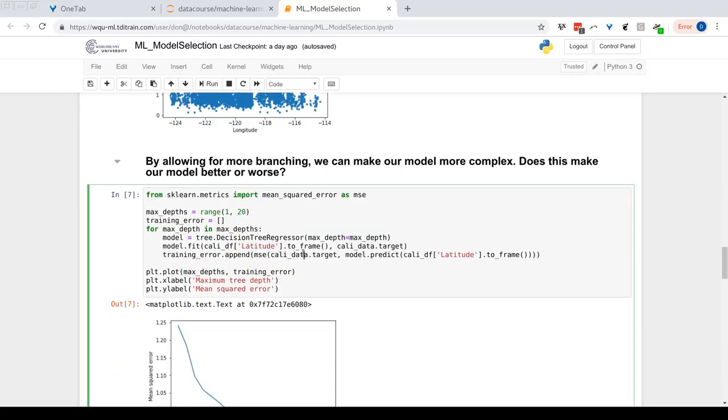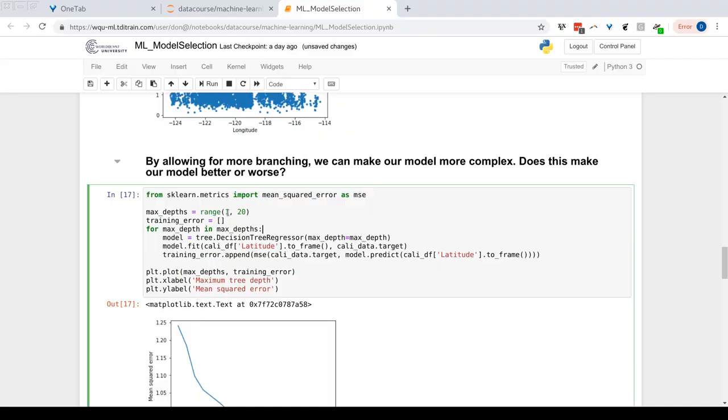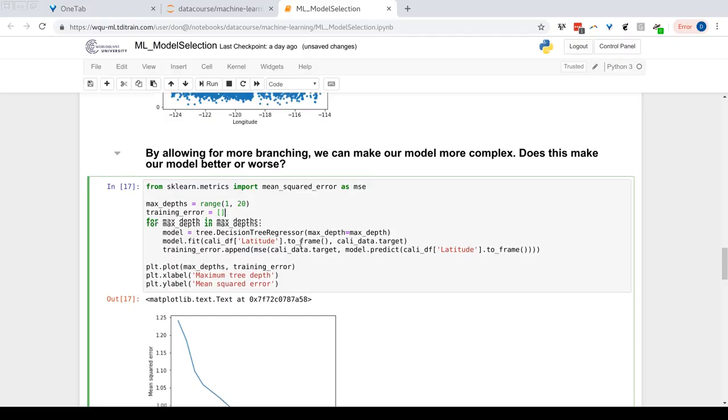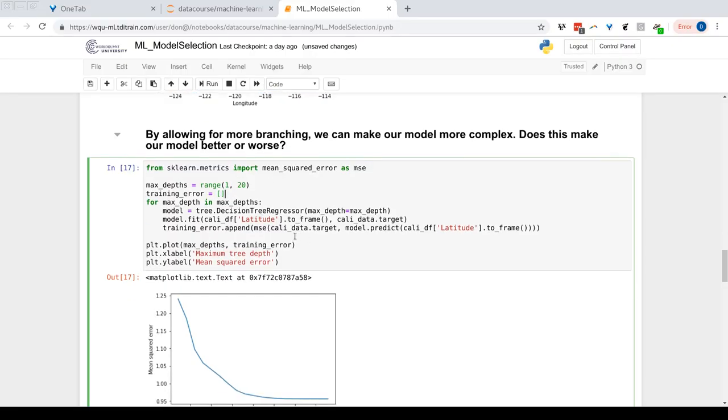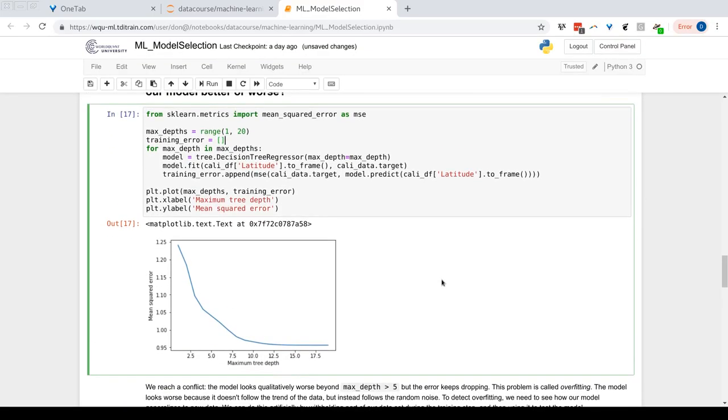What we're going to do here, just run this, is investigate max depth values from 1 to 19. And we have a for loop, right? So we don't have to do this manually. We have a for loop here that's going to calculate the mean squared error for different max depth values. Let's plot. And what we see here is that as our max depth increases, the mean squared error of the training